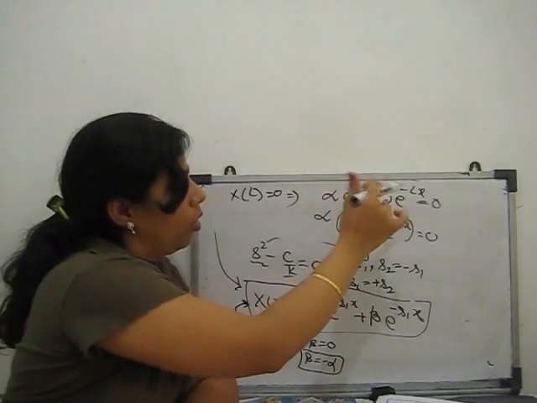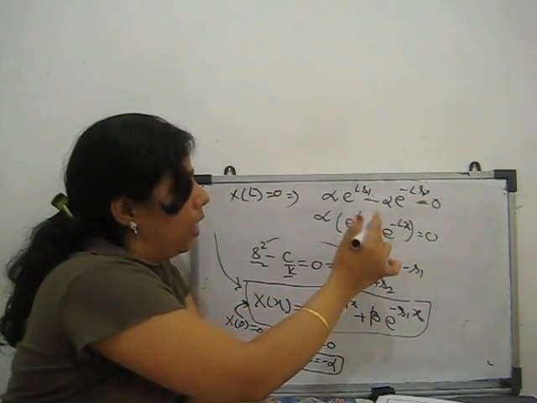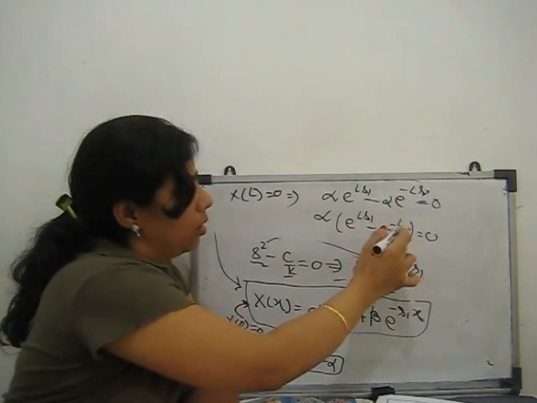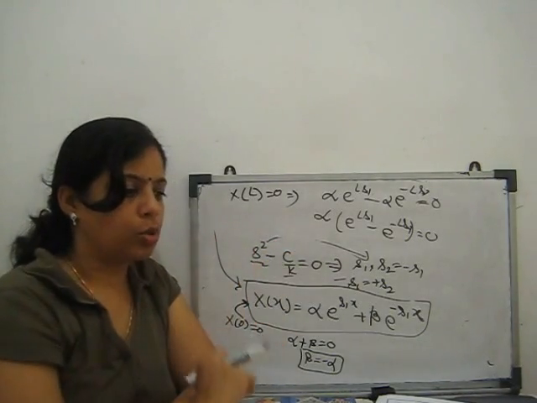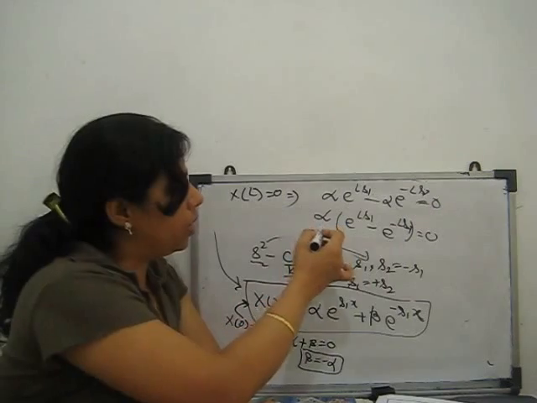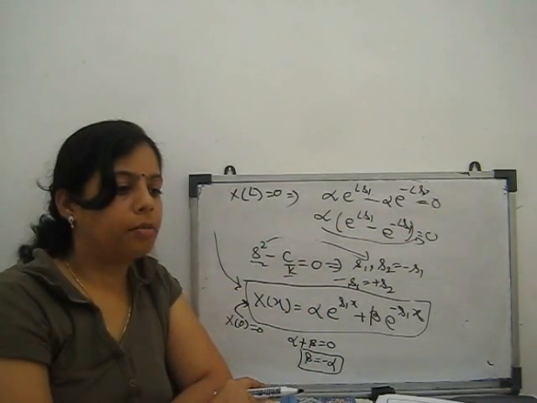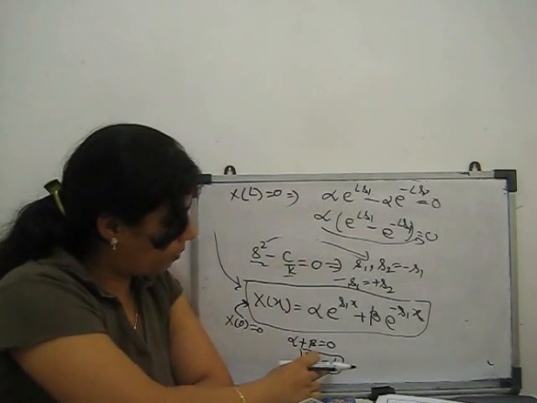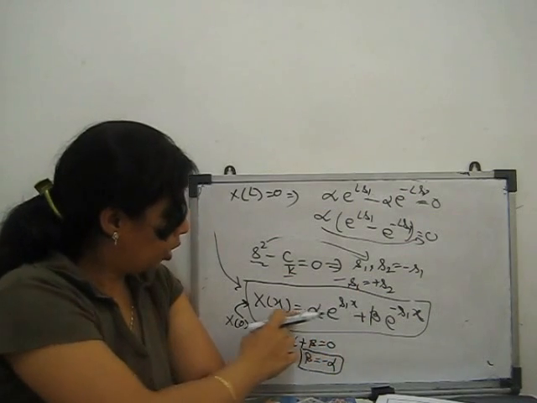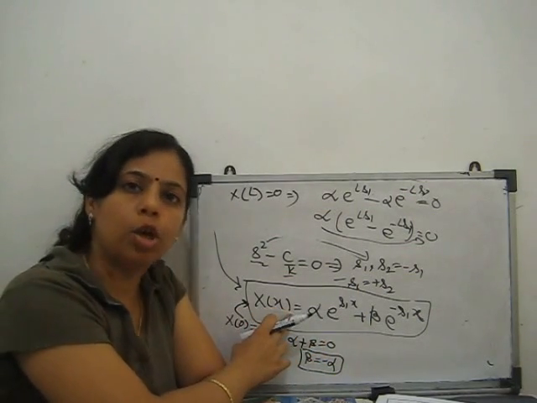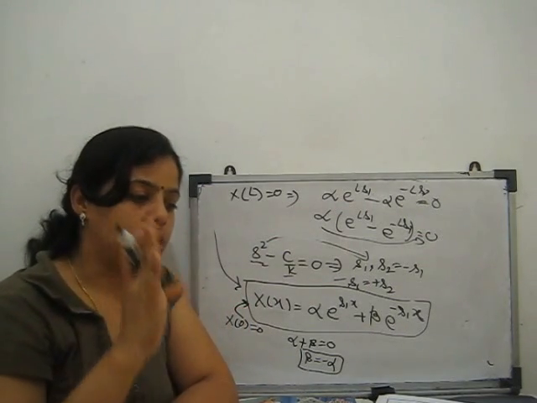Sorry, in place of this it is S1. We can substitute the value of S1. Clear? So now this is equal to 0. So alpha cannot be 0. Clear? Now if alpha becomes 0, then we can see beta becomes 0. If alpha and beta become 0, then the value of our trivial solution gives 0. So we don't consider alpha becoming 0.